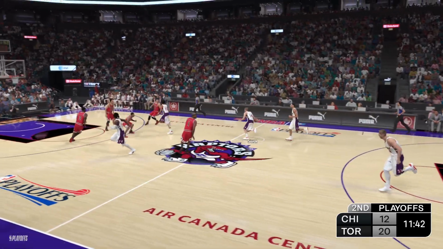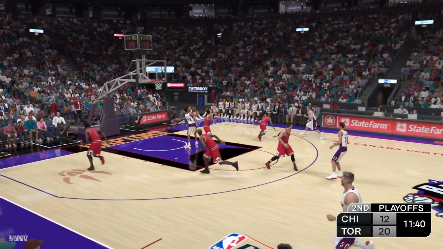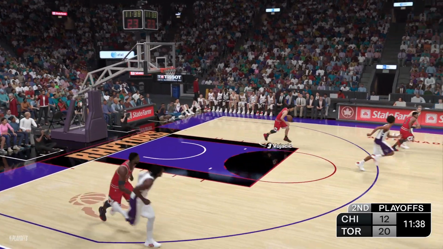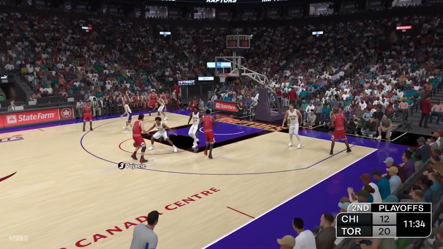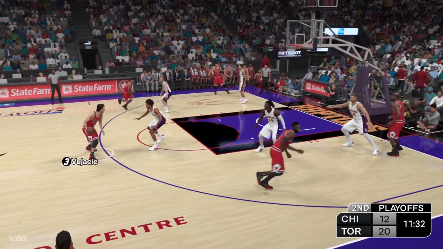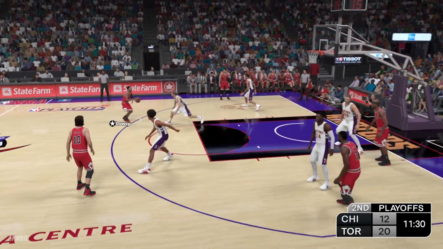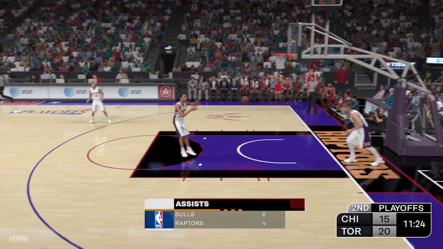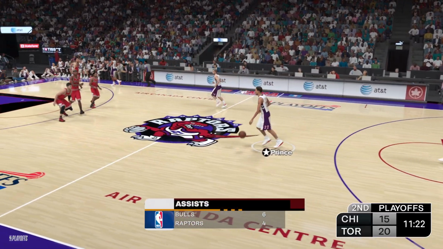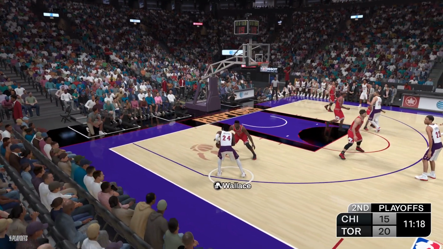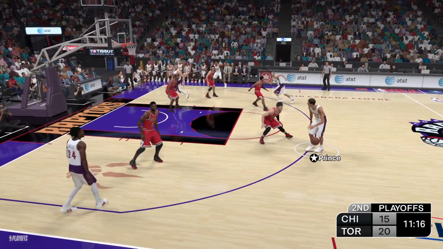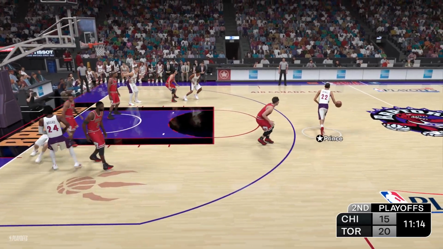Raptors leading by 8. To the inside, stolen by Vujacic. Pass to Lowry. It's good from long range. Could have been much better defense. I mean, you can't give this guy any room to operate. On the wing, Wallace. Prince outside.